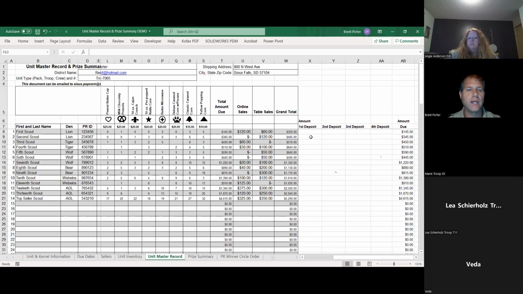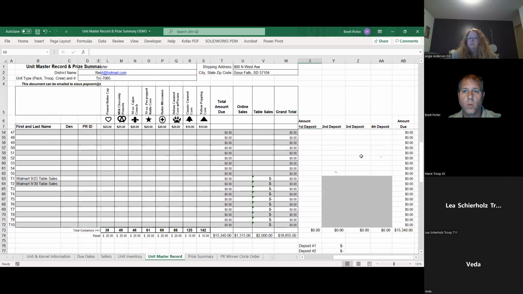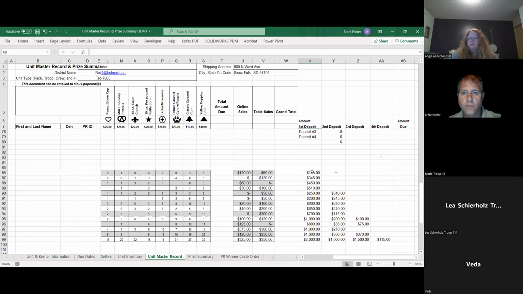People are not usually a huge fan of having their checks out for 4 weeks at a time. Instead of waiting to the very end of popcorn sales, I recommend you turn the checks in as often as you possibly can. I usually try and set up a table or tell all the scouts to bring all the checks with you. We'll get them turned in. We'll get them deposited into the account. So that way these people can balance their checkbooks every week like most people do, make sure that everything is done. So what I tell people usually is once a week, go in and ask for your checks.